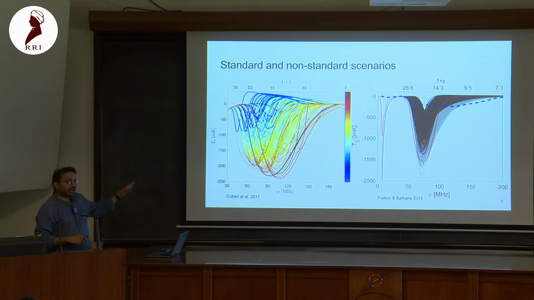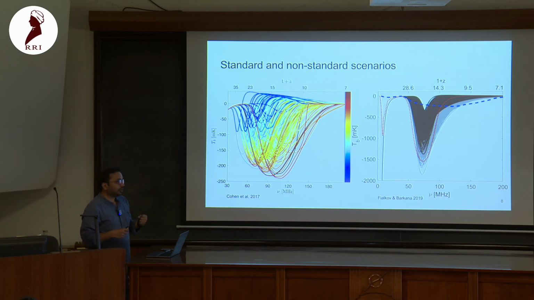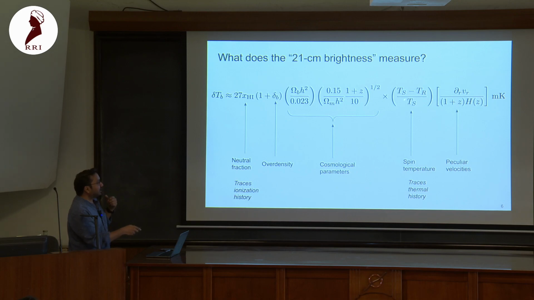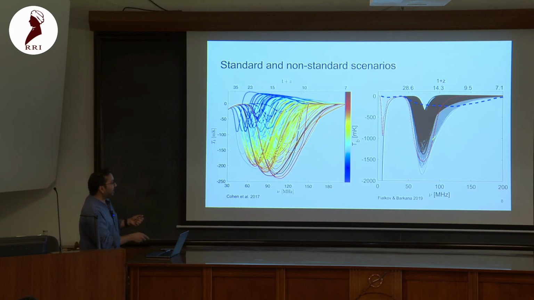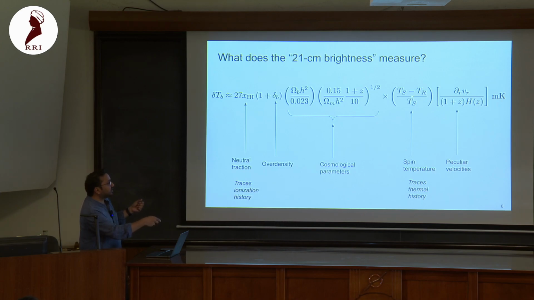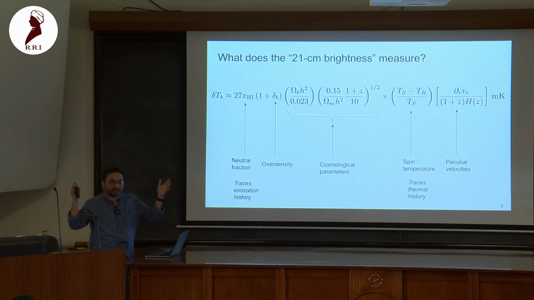But these are under very standard lambda CDM regimes. Lately, there has also been a lot of work to incorporate exotic physics. And since Sanjeev asked about the background temperature, initially the assumption was that this could just be the CMB, but people have also worked out what if we have some excess background because of the radio population at those redshifts, again something which is very unconstrained. So people take liberties, because if this is high, the contrast increases,